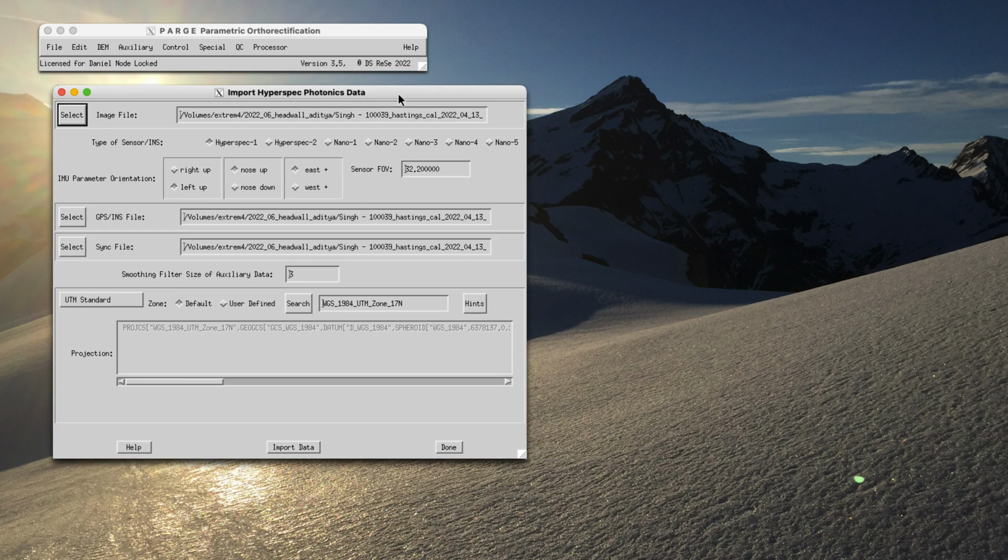And there are 6 options here, some for older Hyperspec systems. Hyperspec 2 is with this special Applanix. Nano 1 to 5 are various variations of the Nano standard data formats. So we choose Hyperspec 2. With Hyperspec 2, we